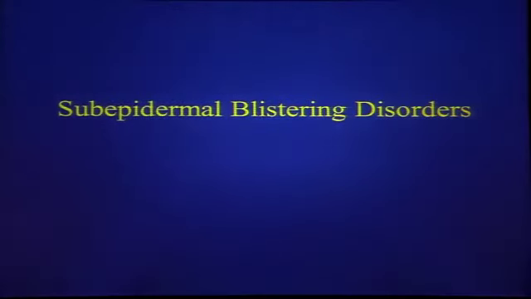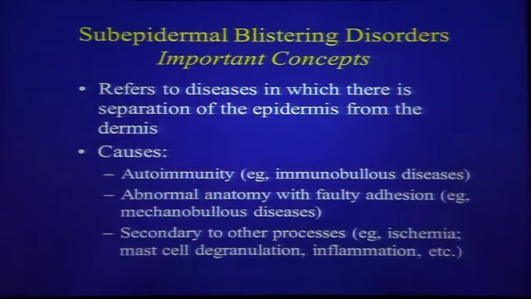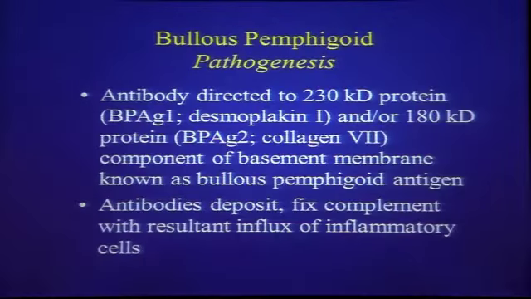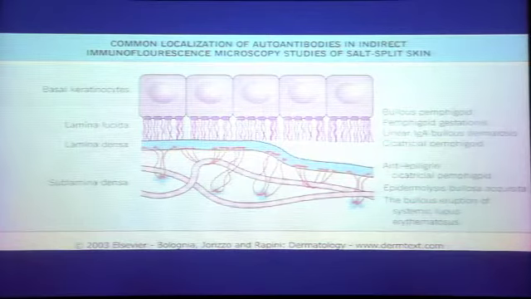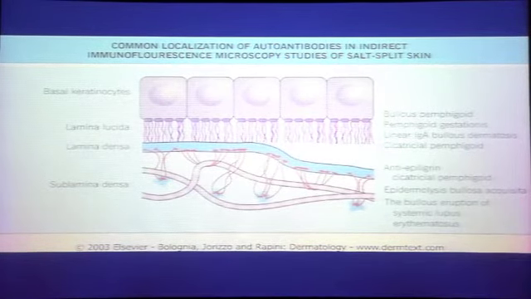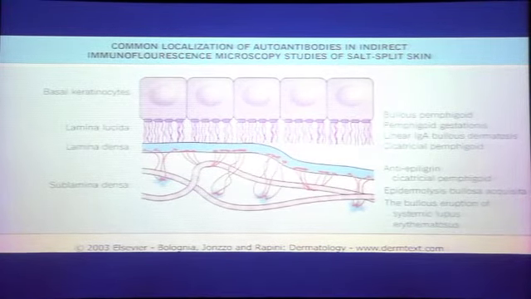Now, the next pattern to look at is subepidermal blistering disorders. These are, again, important conditions. These are where the blisters are occurring beneath the level of the epidermis, and these can be caused by either mechanical or immune processes, and sometimes even other things. This is an important thing for residents and others taking board examinations. You need to know this very, very well because there are certain diseases that target certain areas of the basement